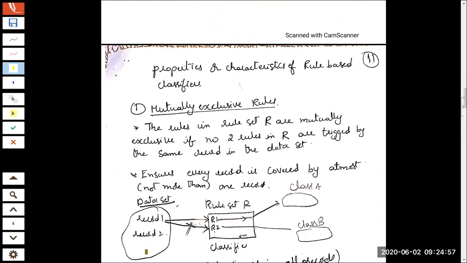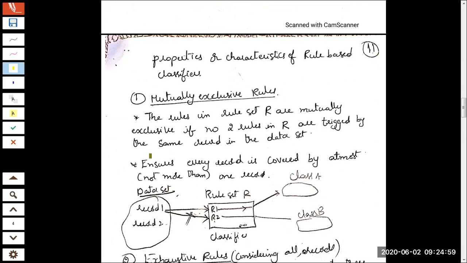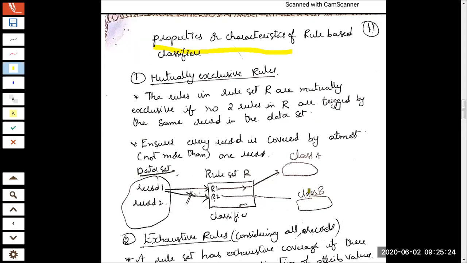One of the expectations in a rule-based classifier, which we have called a property or characteristic, is how it should be. For example, if you are a student of MIT, what are your characteristics? You should have an ID. You should be in uniform. These are the expectations which help you identify uniquely with MIT. Along similar lines, we have some expectations with the rule, which we have called characteristics.